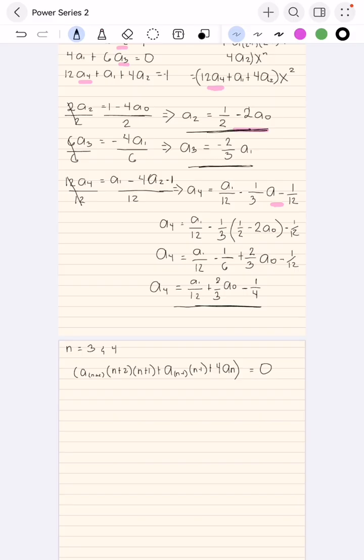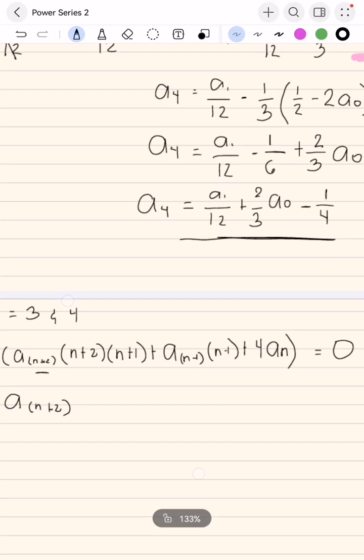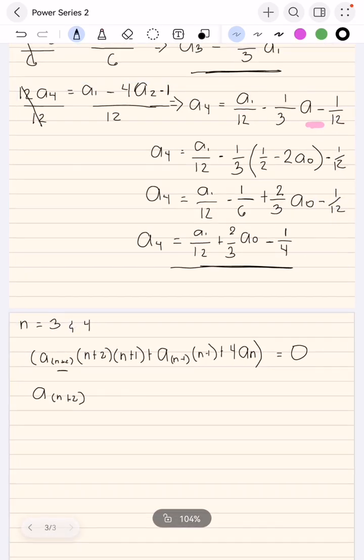So we can manipulate this, guys. So for the highest, so should be a n plus 2, then you can have this